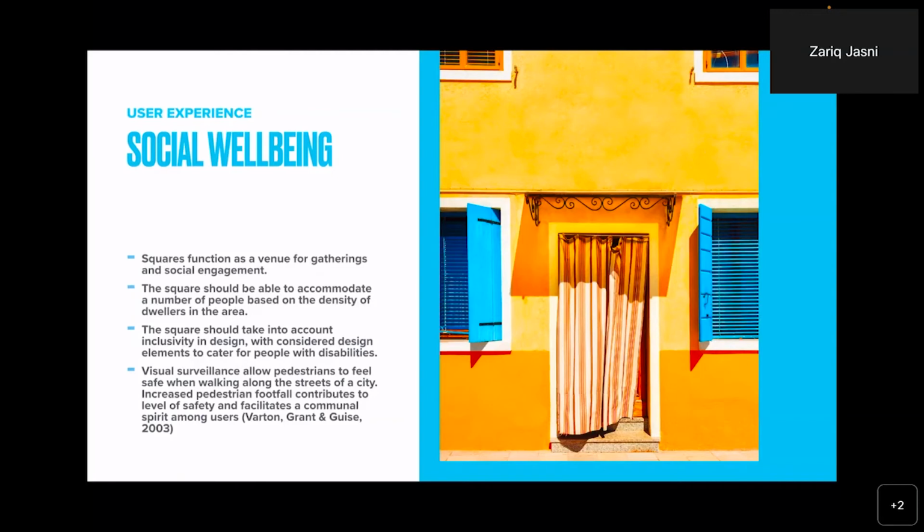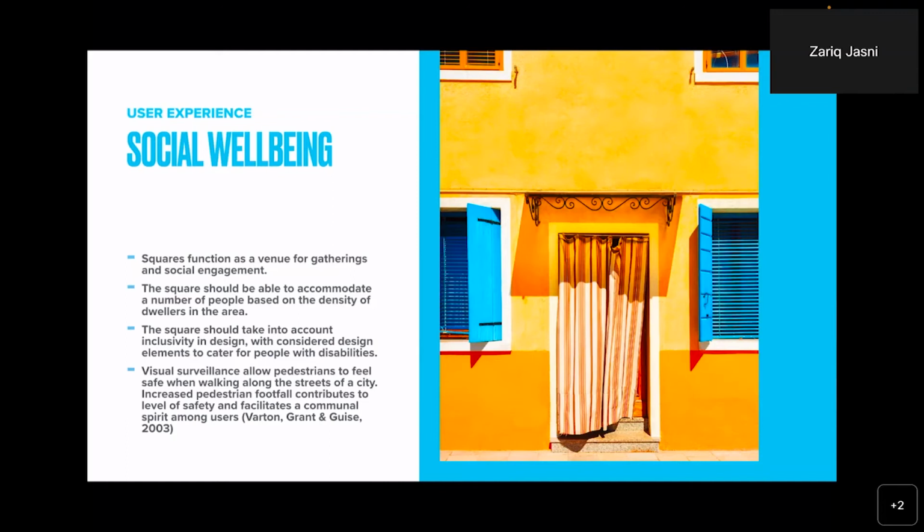So it is important for us architects to respond to the density of the people that live in such an area. And the square should take into account inclusivity in design with considered elements to cater for people with disabilities. So you would want people from all walks of life to use the square, right? So in terms of ramps integrated into the landscaping, those are design elements that would enrich the experience for all people to use your